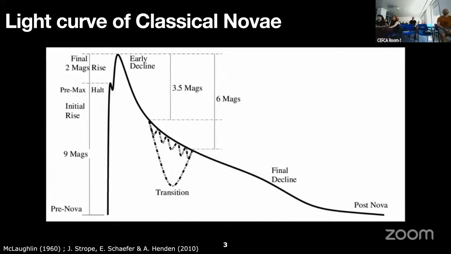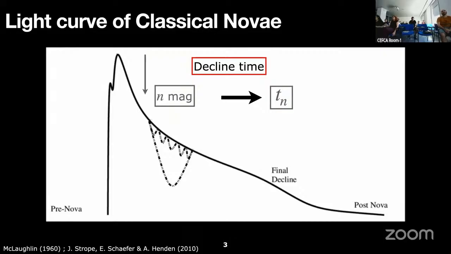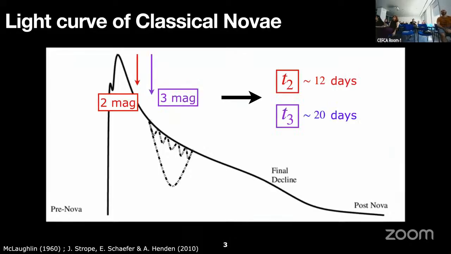A proof of this explosion is to look at the light curve of the nova, and we observe that there is a rise in magnitude of 8 to 12 magnitudes, and it peaks at a big magnitude. This happens in a time of a few days, and later it starts to progressively decline, in a time of weeks or months, and then it arrives again at the quiescence state. To characterize this, we use what's called the decline time, which is the time it takes to decline any magnitudes from the peak magnitude. The most commonly used are T2 and T3, which are the time it takes to decrease 2 and 3 magnitudes, respectively.